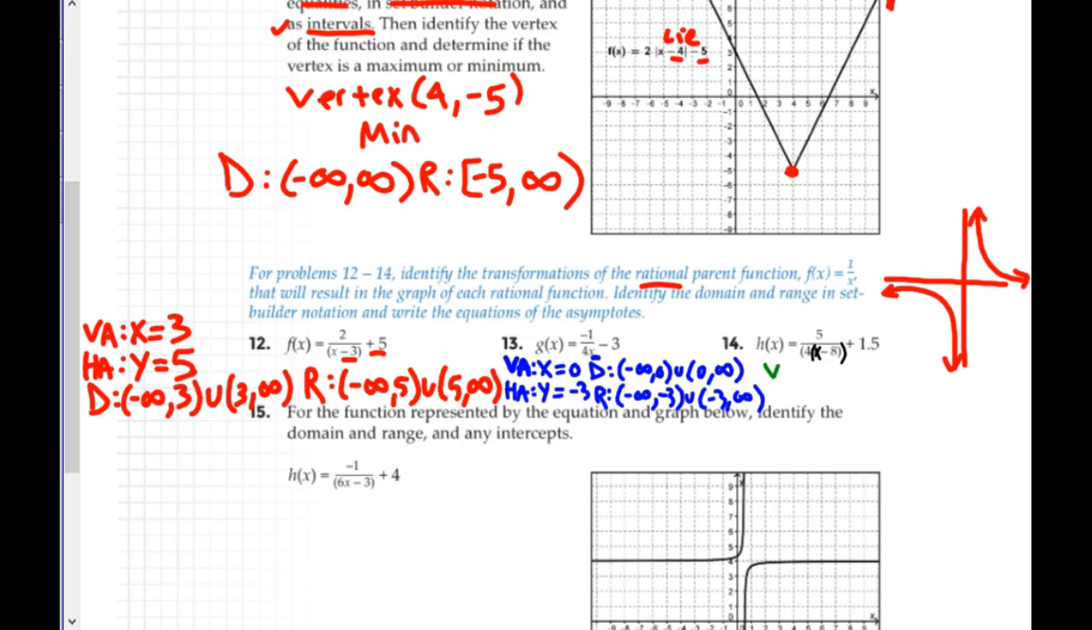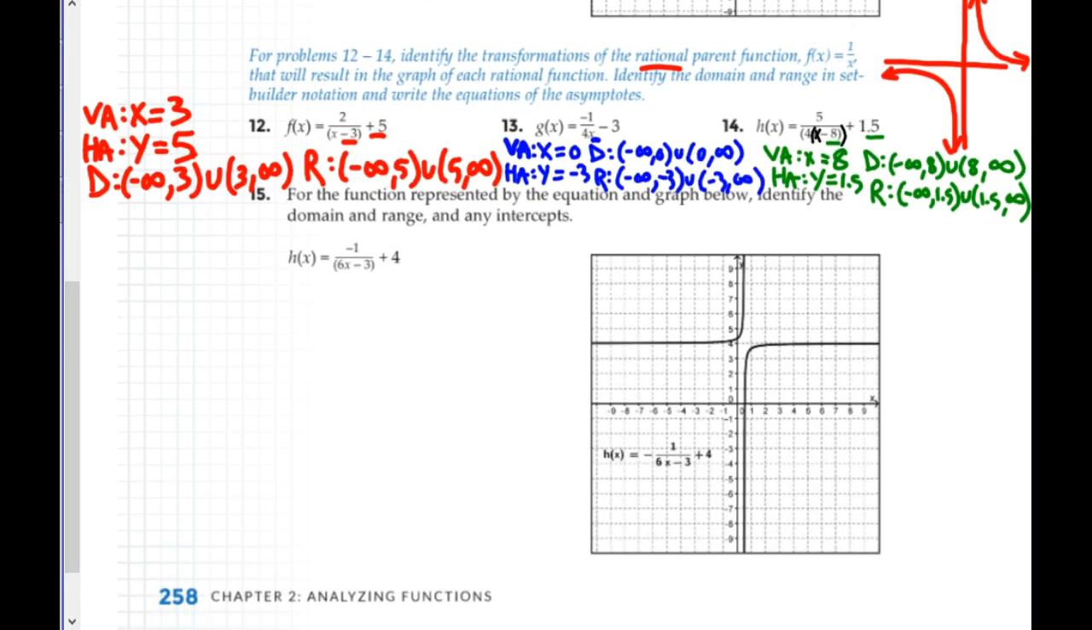So, for the vertical asymptote, x equals the opposite of this, which is 8, positive. Horizontal asymptote is y equals the d value, which is 1.5. So, domain, negative infinity to 8, union 8 to infinity. This is barely fitting. Sorry, there's not a lot of room here. Negative infinity to 1.5, union 1.5 to infinity. Okay, again, sorry it's so small. Okay, down here,